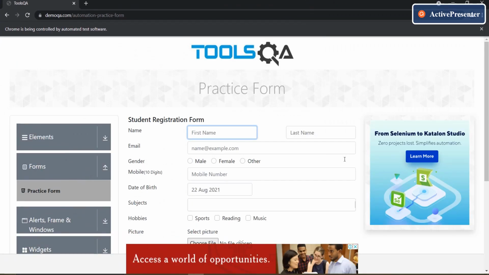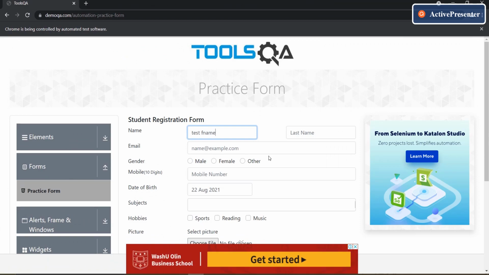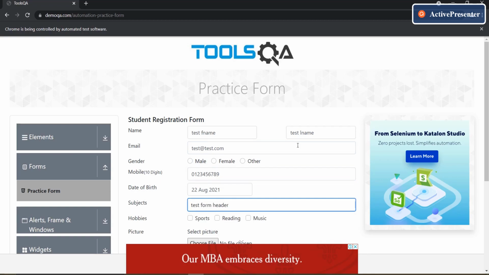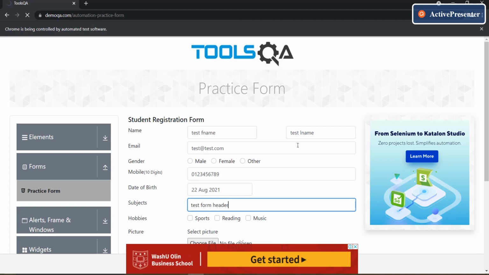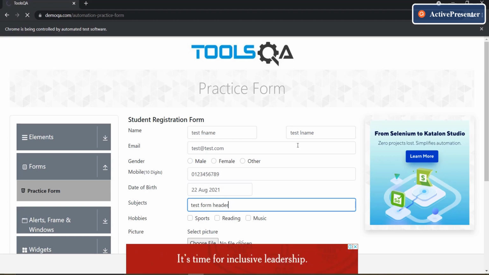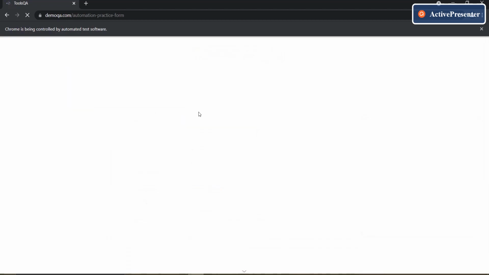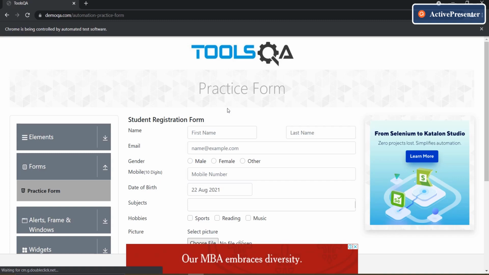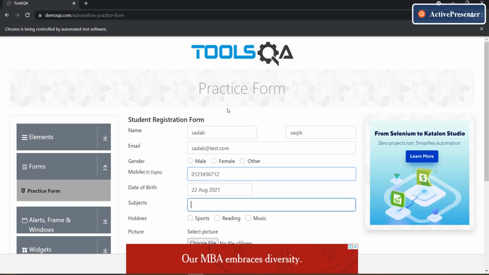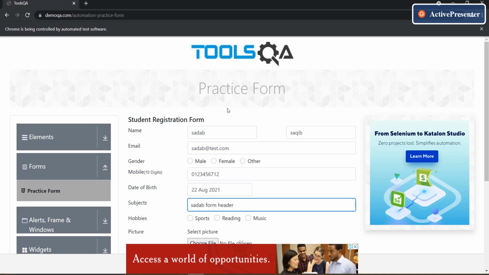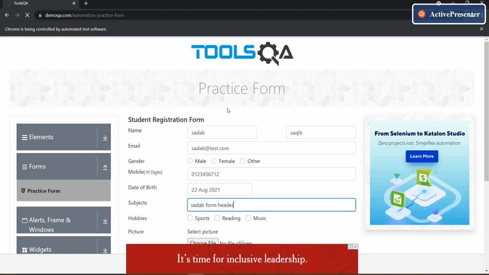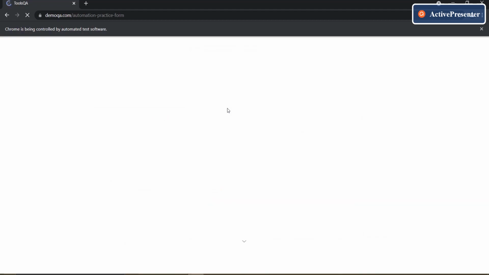Yeah, it's trying to load the URL, entering the test name, and the second one will be Shadab Saqib, and the third should be Automation Hub. Let's see if nothing is breaking, no changes, it will work. So the second execution is happening now. It's loading here, and let's see if it's entering the data or not. It is entering the data, perfect. So it is working fine. Whatever changes we have made in the code, it did not break anything. And the last one remains, which will be Automation Hub.